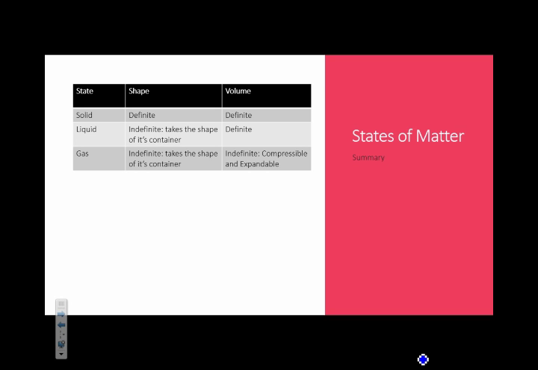The volume of a liquid doesn't change a whole heck of a lot. So we say that it also has a defined volume, just like a solid. Gases, on the other hand, take the shape of their container. You can think of, for instance, a can of some kind of carbonated soda, like Coca-Cola or Pepsi. When the can is unopened, the gas is trapped inside and is taking the shape of the empty space in the can.